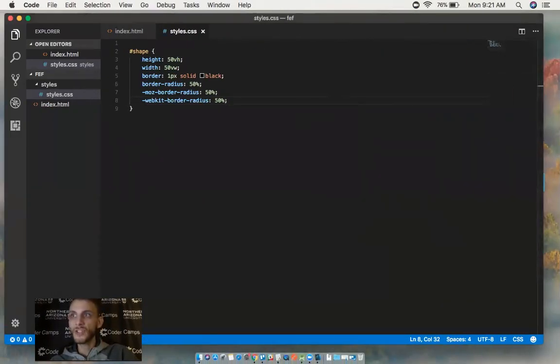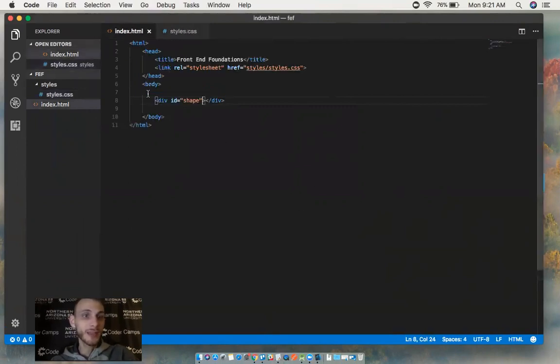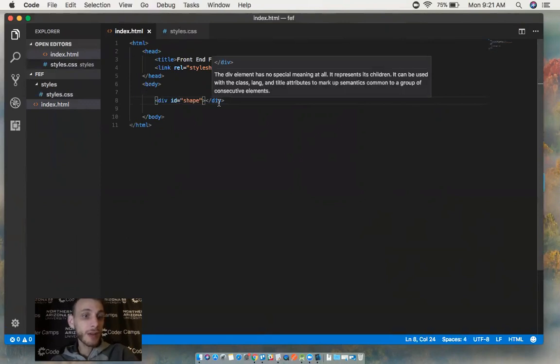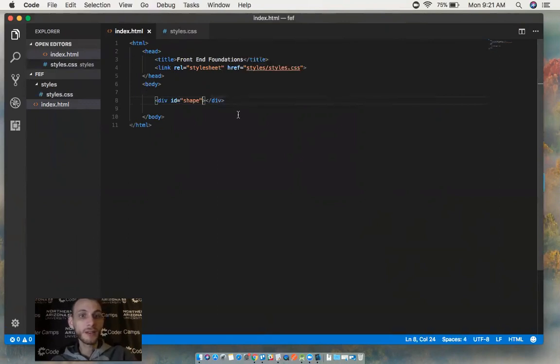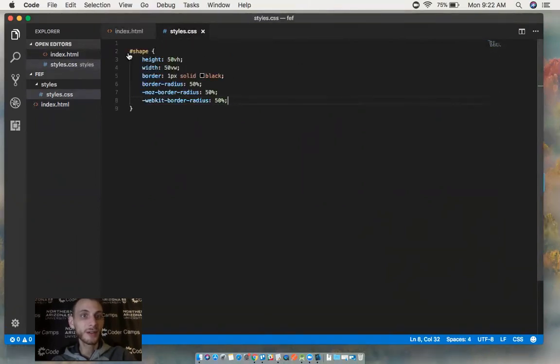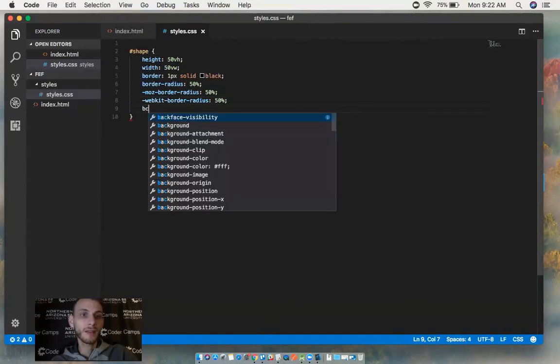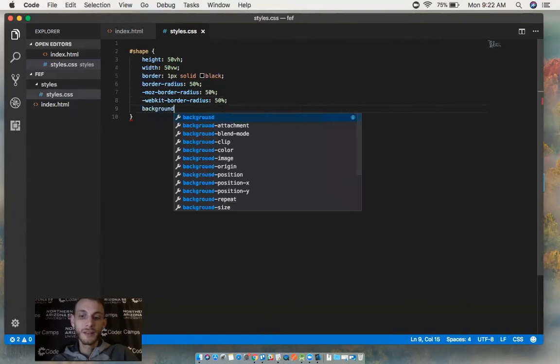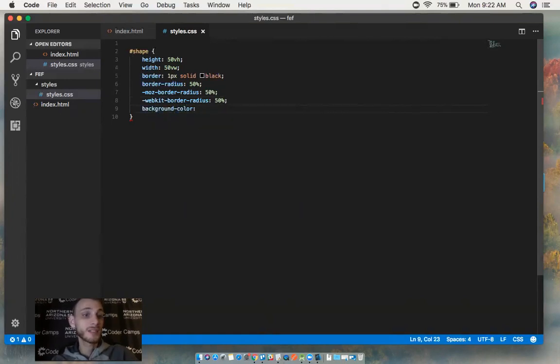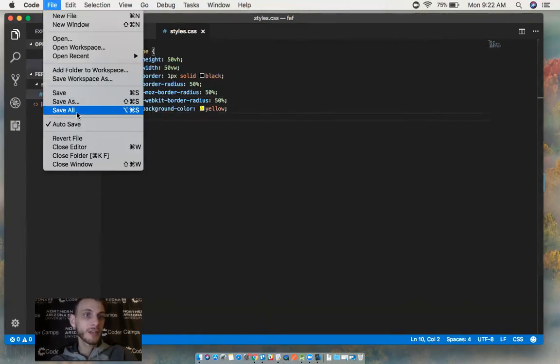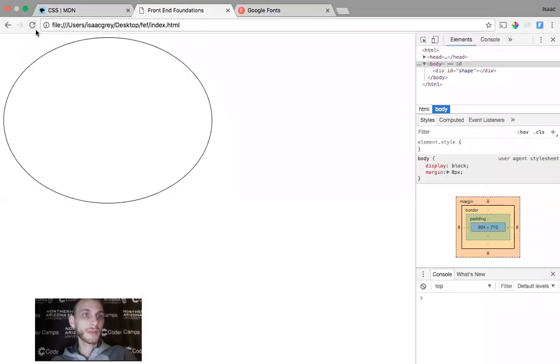So let's go ahead and add a little more life to this with a background color. You saw background color earlier in play when we gave our input a background color, but let's use it one more time for this shape here. So I'm going to say background-color, and then CSS is just passing in a color. So maybe I'll just say yellow. So from here, we can save all and refresh, and we can see now we're getting that nice background